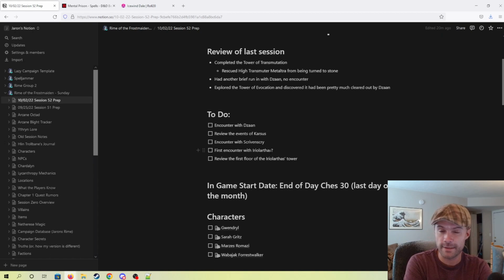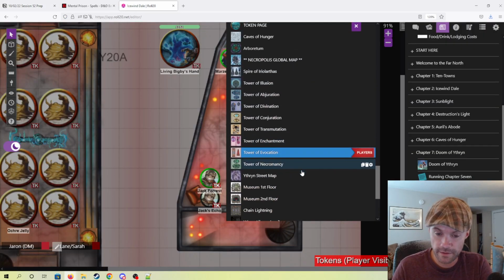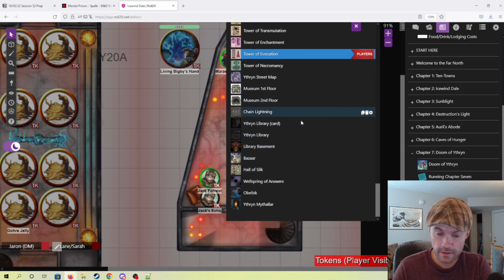Because the idea, I think, is going to be that he retreats into his tower after an encounter. And then I need to review the first floor of the tower itself to make sure that I know where things are and anything that I want to add or subtract from there as well. So let's just go ahead and do that. So the first thing I want to make sure I have is the encounter with Dazan, which is, where is